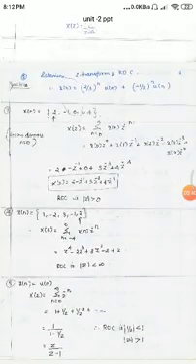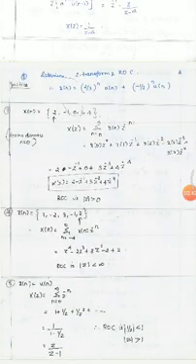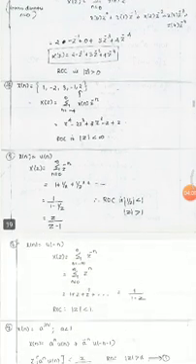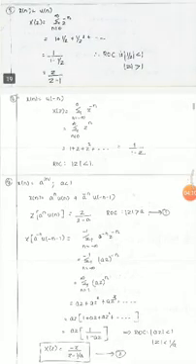How do we find the Z transform? For example, x of n is equal to 2, 0, 3, 3, 4. By the basic formula, x of z is equal to summation from n equal to 0 to 4 of x of n z power minus n. So x of 0 is z power 0, x of 1 is z power minus 1, x of 2 is z power minus 2, x of 3 is z power minus 3, x of 4 is z power minus 4. We put in the values and finally we get 2 z power minus 1 plus 3 z power minus 3 plus 4 z power minus 4. So likewise we get the answers like this.